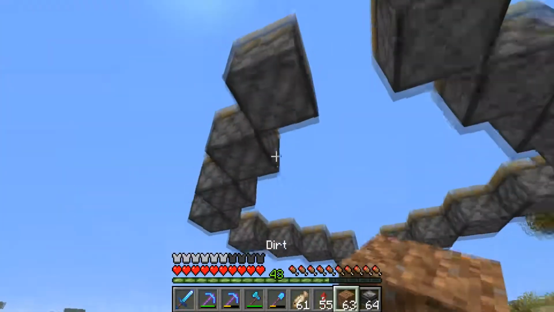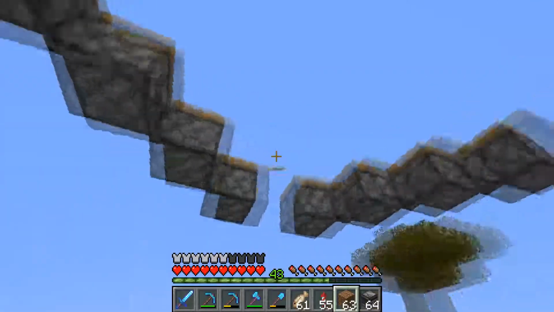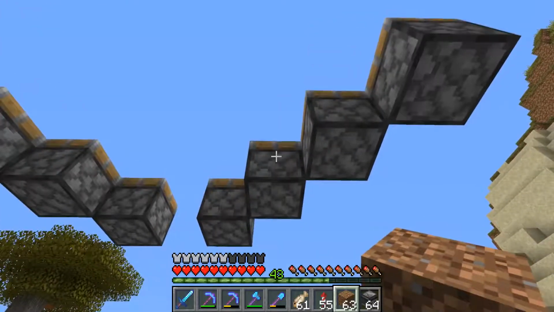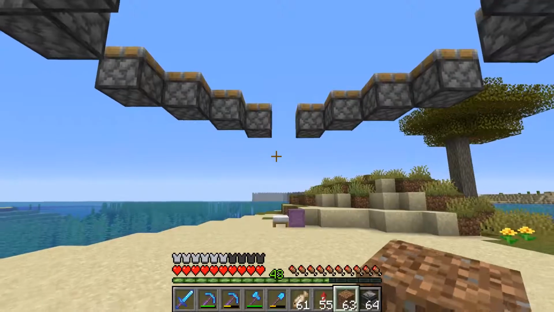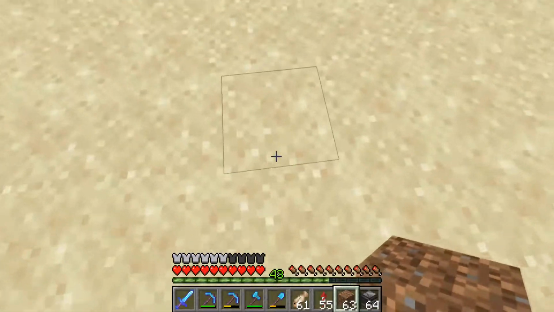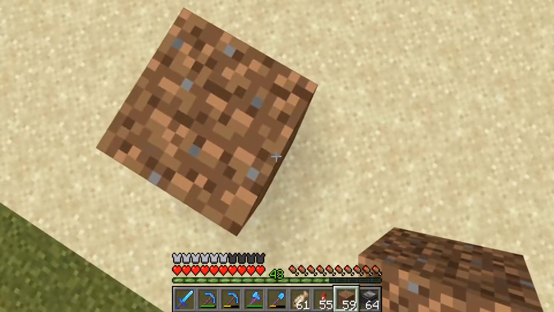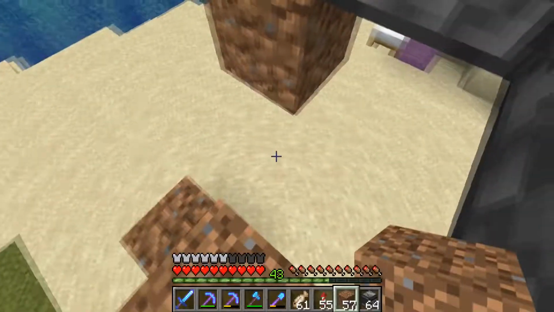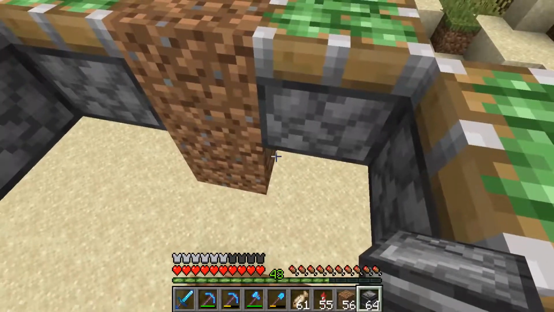So basically, underneath this piston, this piston, this piston, this piston, that one, this one, and I believe this one and that one as well, all need to be facing that direction. Alright, so let's go ahead and do that. This isn't going to be easy, is it? Alright, how do we... This is going to be weird. If we do it like this...